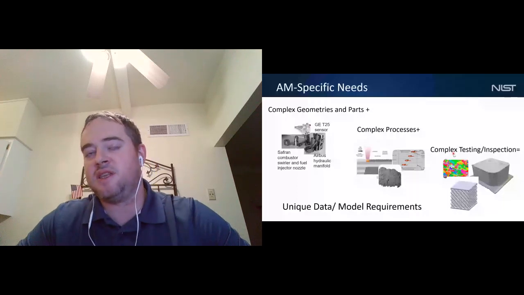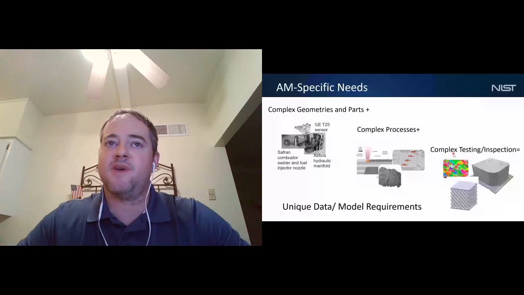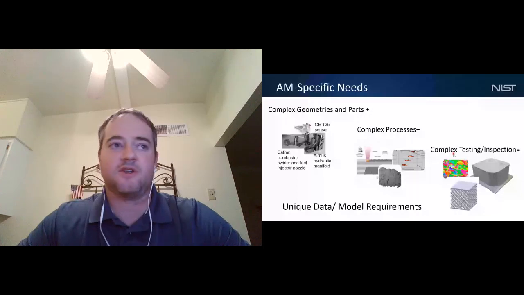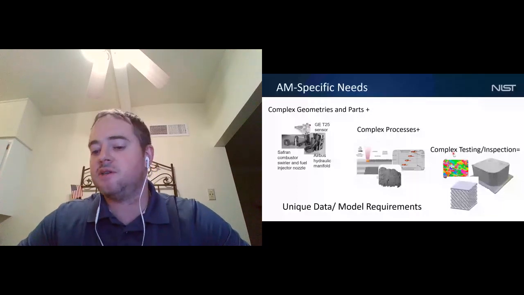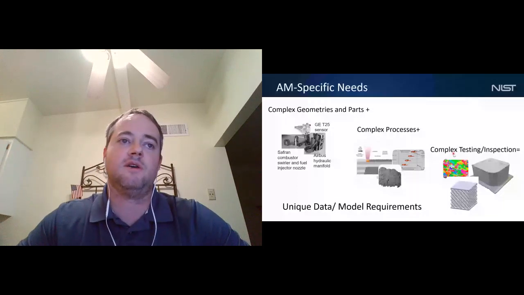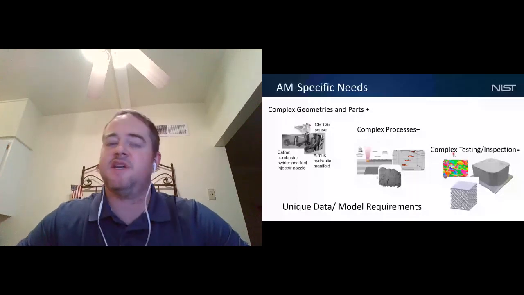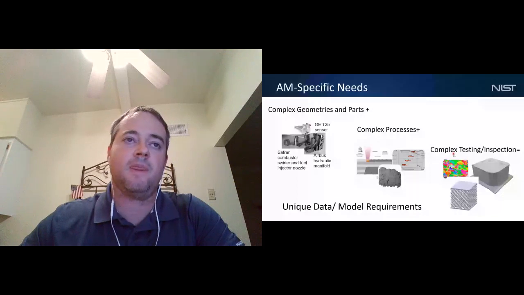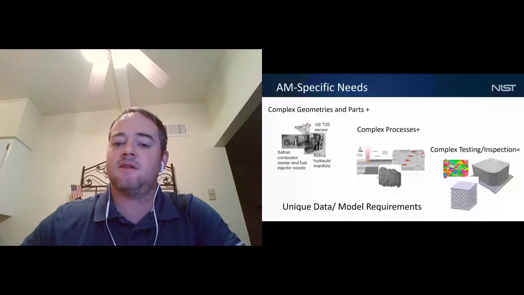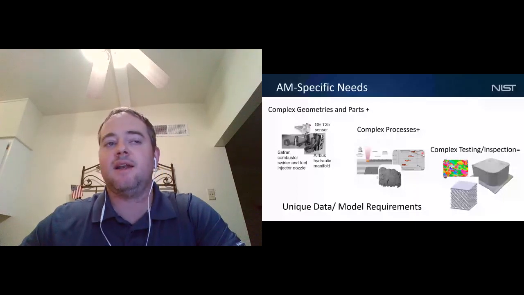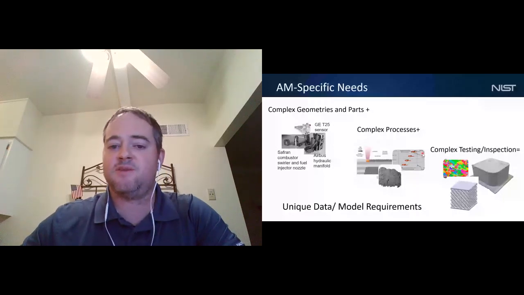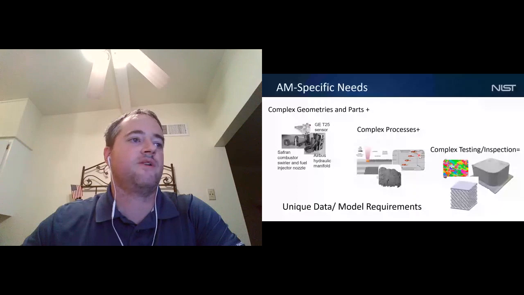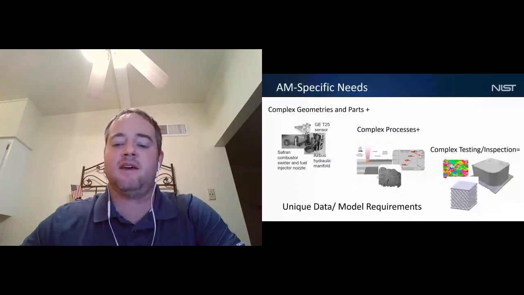And of course, that goes all the way into the inspection side of things. The complex testing and inspection, whether it's SEM, TEM, XCT, or some type of optical surface measurements. We're seeing some very stringent testing requirements on additive manufacturing parts because we know we have uncertainty in the process, and we want to measure it as much as possible to make sure that the part we're creating is actually the part that we wanted. So all of these are creating unique challenges in how we communicate from the designer to the manufacturer to the inspector. It really goes into how we communicate across suppliers and within our own organization. These create some unique data and model requirements.